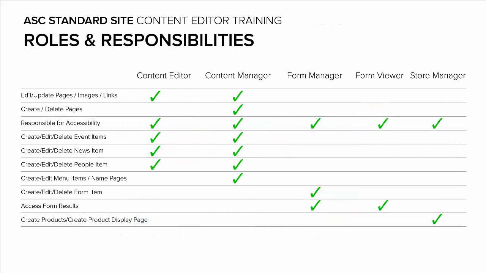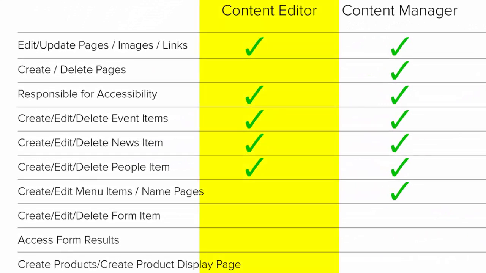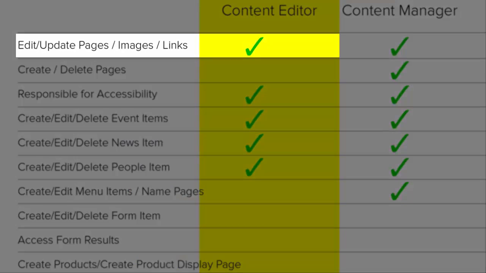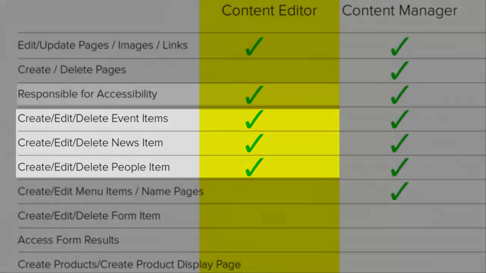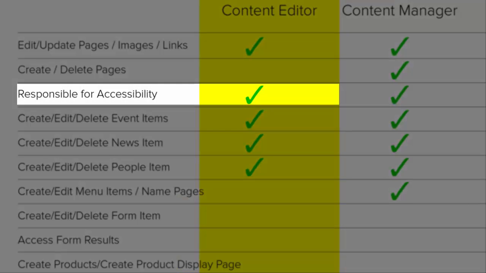When Drupal was installed on our server, it came with the role of anonymous user. This allows everyone to visit and actually see our websites. We created several other roles, and they are as follows. The content editor can edit and update all basic pages, adding images and links. In addition, the content editor can create new events, news, people, and blog items, and is responsible for the accessibility